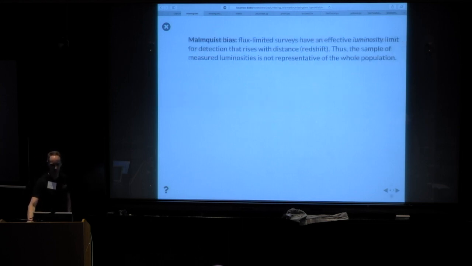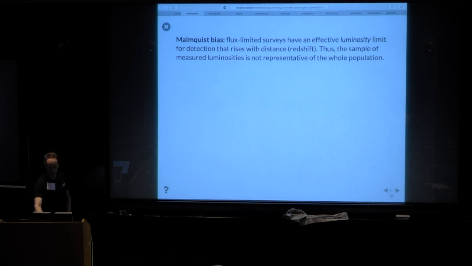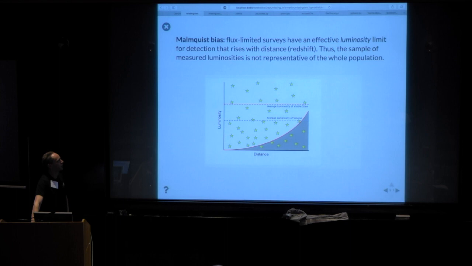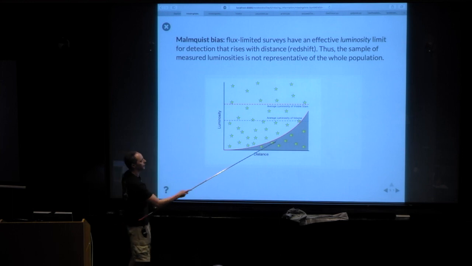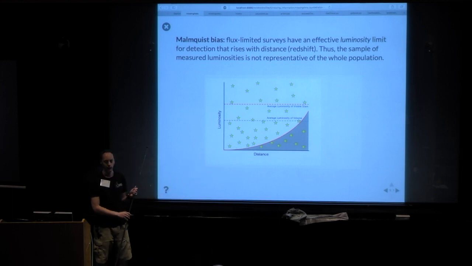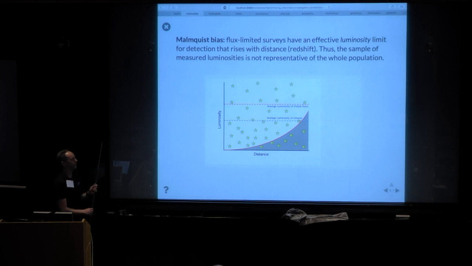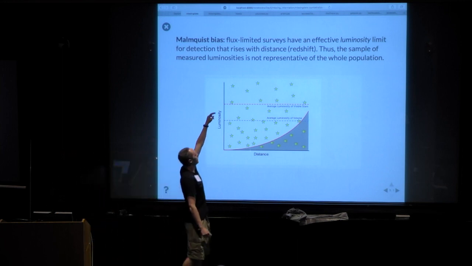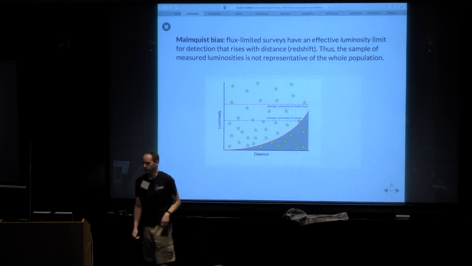So, fairly quickly. Malmquist bias means what it says in the picture. If you have a flux-limited survey, that means as you go farther and farther away from us, your flux limit corresponds to a larger and larger limiting luminosity for whatever sources you're looking at. And so if you very naively take an average luminosity, say for those sources, what you're getting is not the average of everything which is actually out there in the full volume that you'd like to look at. Because at the largest distances that you can see, you can only find the very brightest things that are there. So the difference between this naive average and this true average would be called the Malmquist bias.